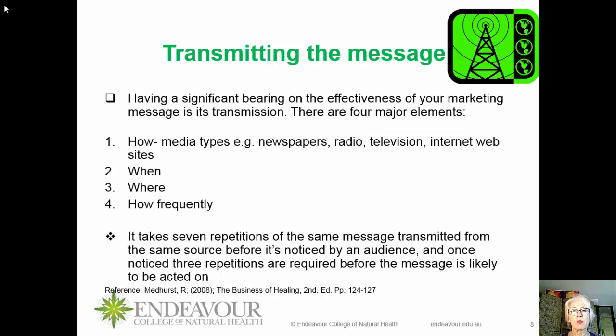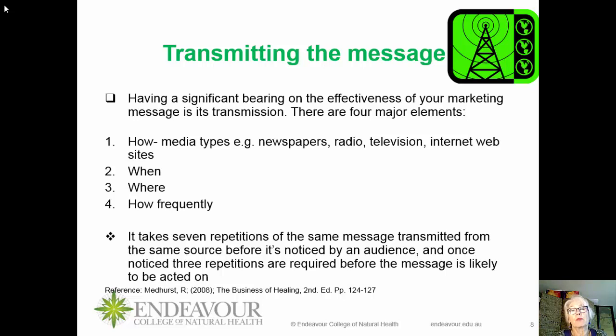So the other thing that's important and relevant is, how do you transmit the message? In other words, I've created my message, I've used all those guidelines, how do I get that out into the public? So there are 4 major ways that we can do it.